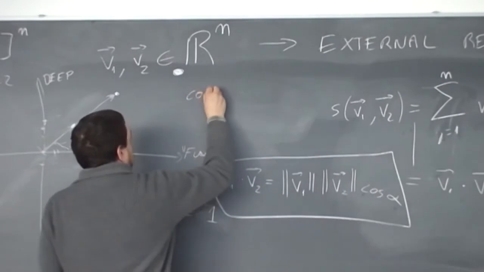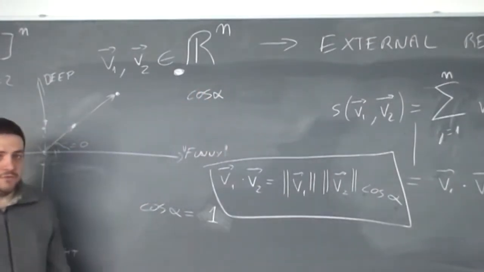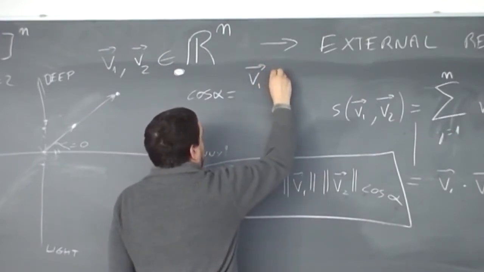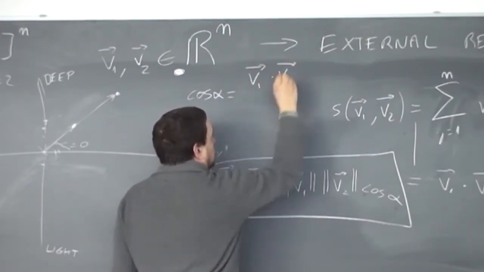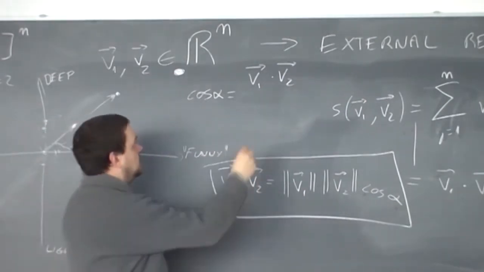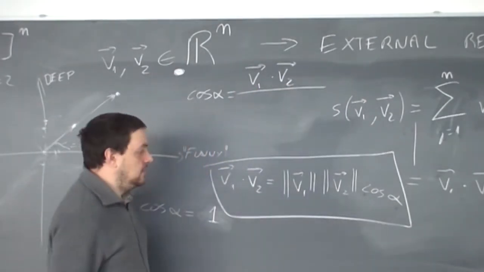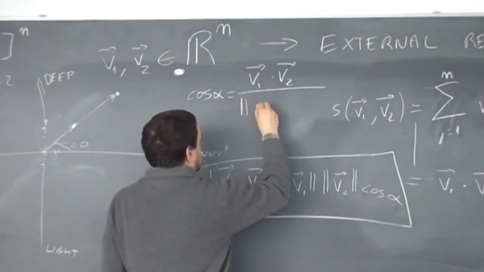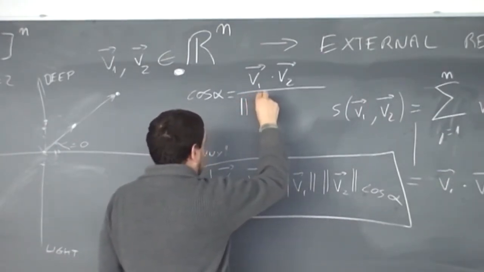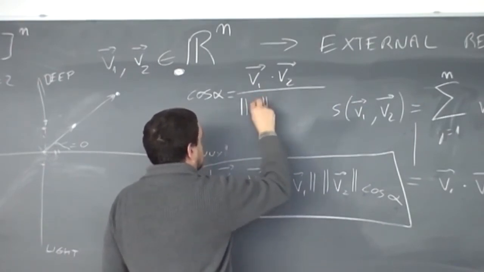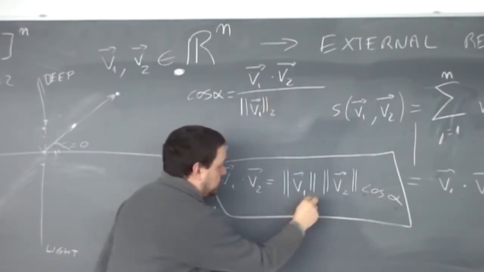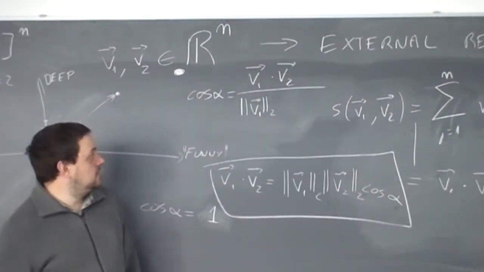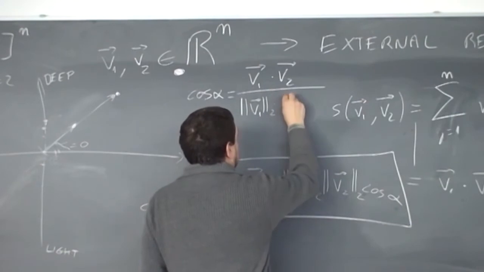So, the cosine of the angle between two vectors is the dot product between the two vectors divided by the product of the sizes of the two vectors. So the two norms, of course. We are always looking at Euclidean lengths times